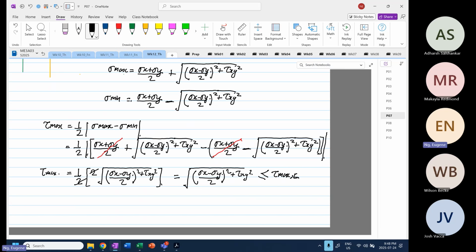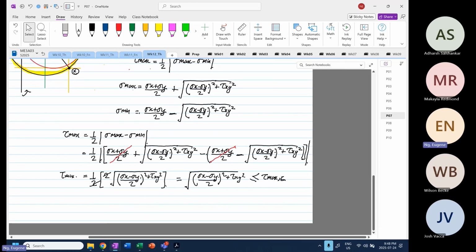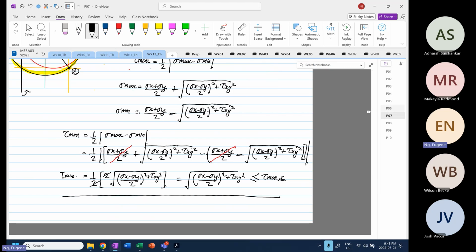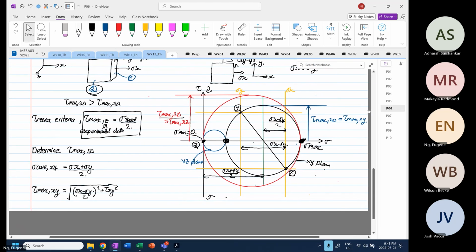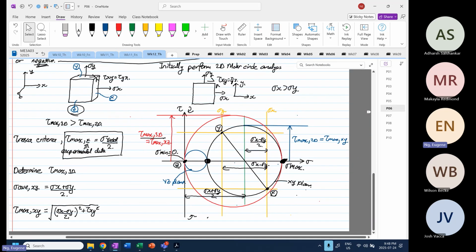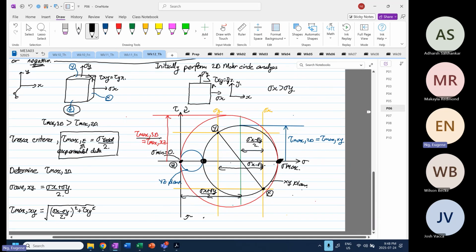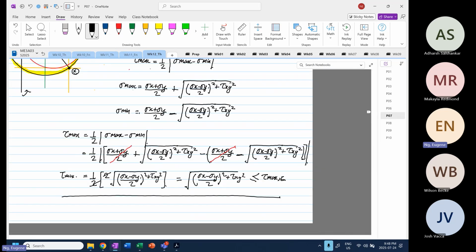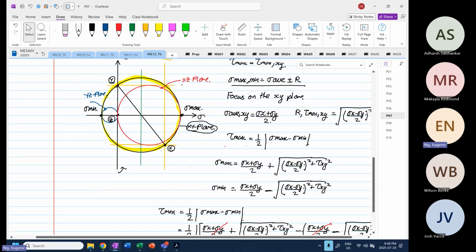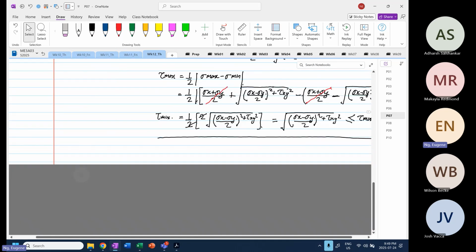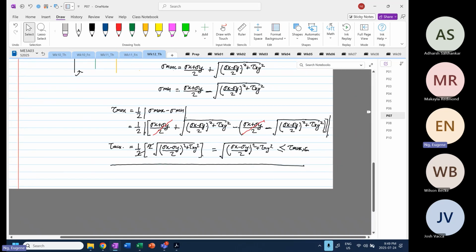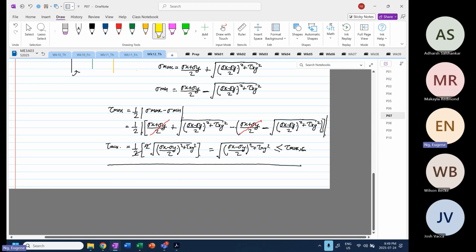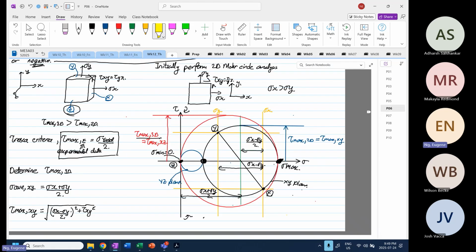Okay. So you can see the tau max over here is different from the one over here. It's different because over here you have 0 down here already, whereas for here, it's not equal to 0. This is your stress mean. But when you work out the value based on these two conditions, if you look at this expression over here, and you look at this expression over here,